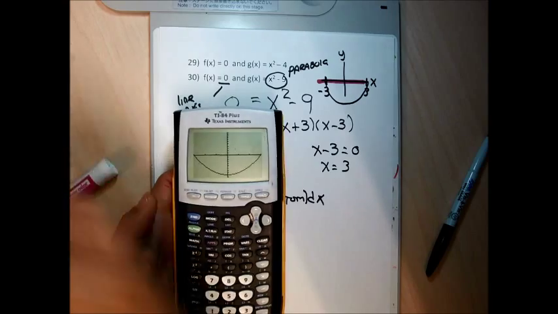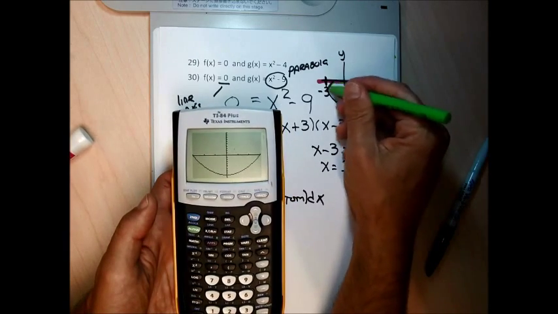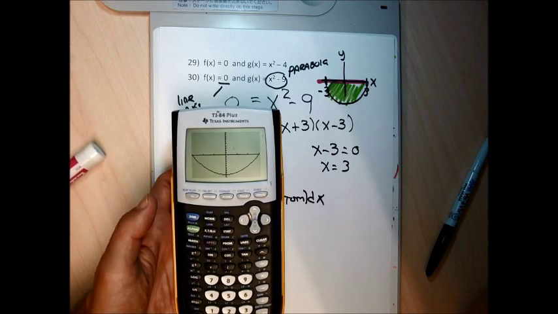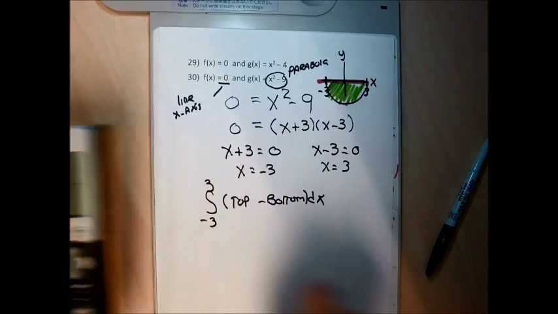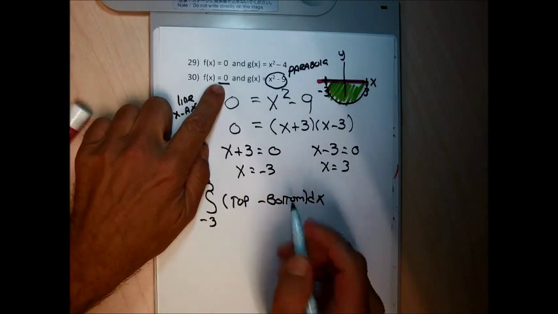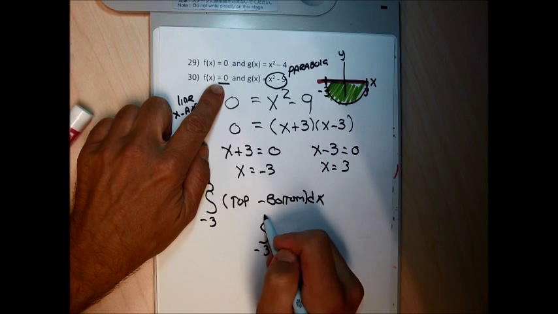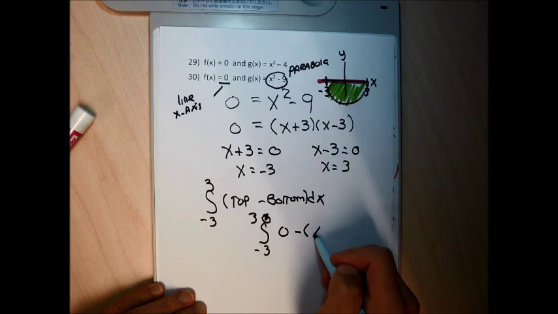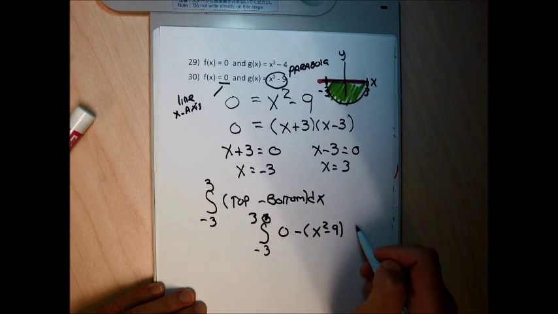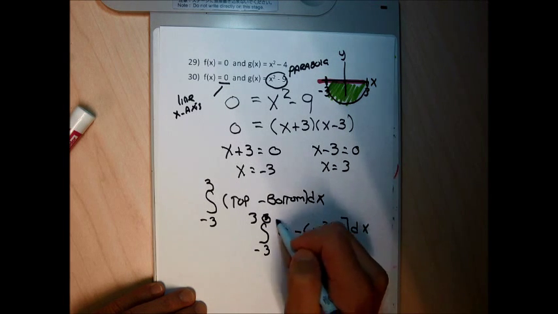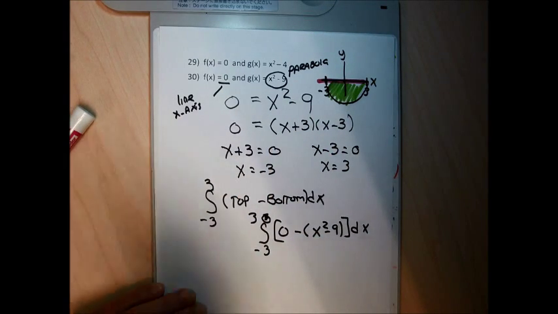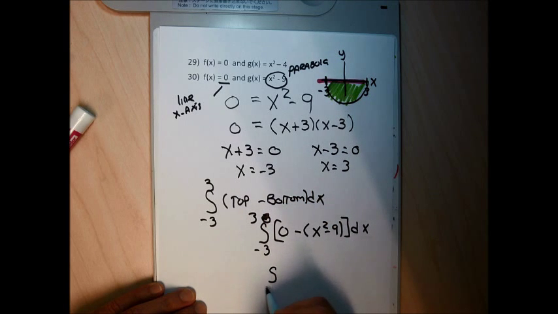So I'm trying to find this area, and clearly the top function is the line. So when I go to do my by hand work, I'm going to integrate the top function, which is the line, which is f of x, minus the bottom function, g of x, which is a parabola, x squared minus 9 dx. The x squared minus 9, because it's after the minus sign and it's a binomial, needs to be in parentheses. So if I simplify this, I'm going to integrate from negative 3 to 3,